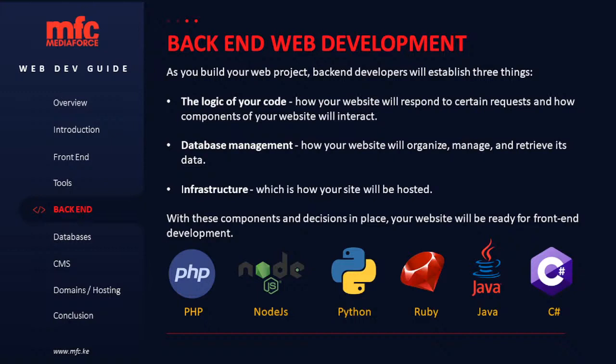And then lastly is the infrastructure. By infrastructure, I just mean how you're going to host your website, because you also need to take that into consideration when you're working on your backend. You need to consider how this data is going to be hosted, because MongoDB is a kind of database, and if I'm working with MongoDB,